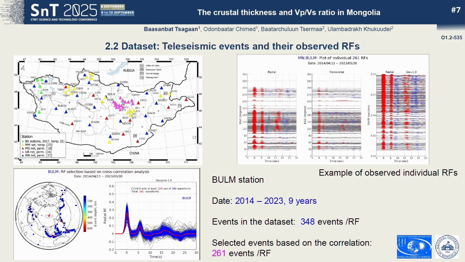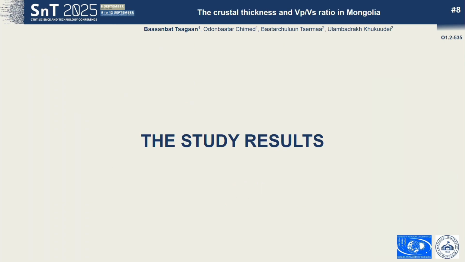You also see the observed receiver functions for station BLM as an example. After that, we used these observed receiver functions for the H-kappa stacking inversion to estimate the crustal thickness and Vp/Vs ratio. Now we are reaching the study results.